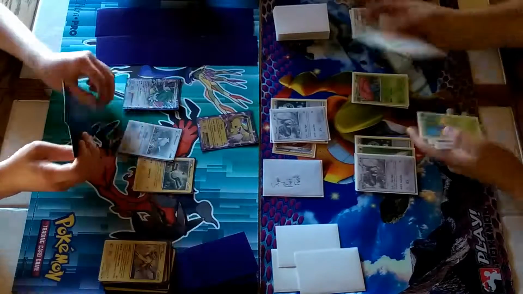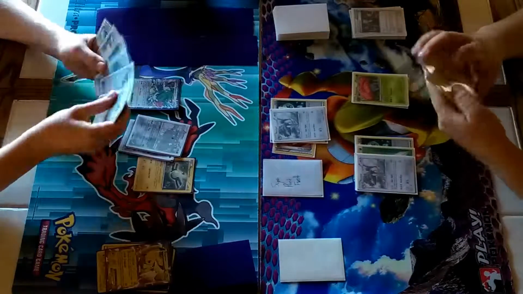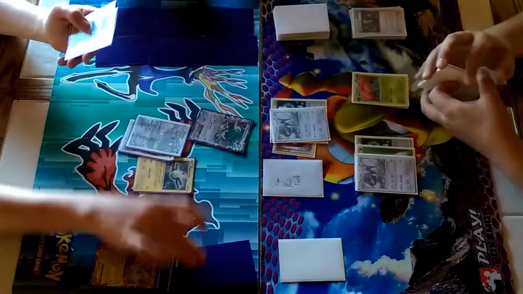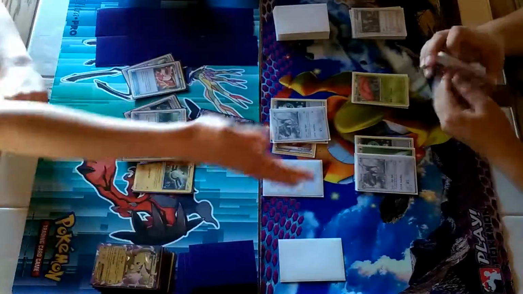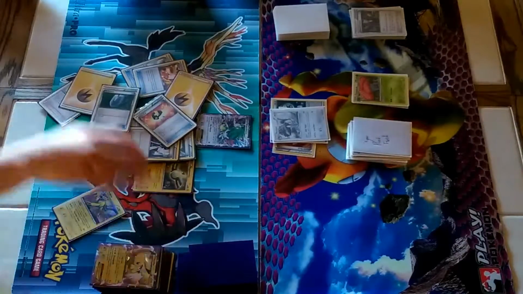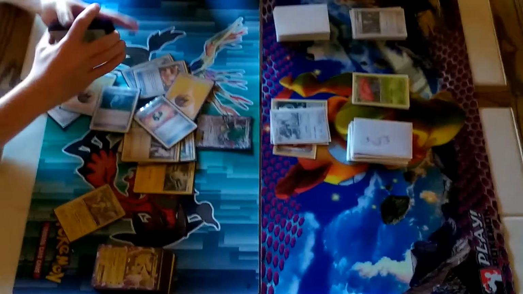It's pretty much over, and that's pretty much what happens with Vileplume. If you can get a Vileplume out, especially against a deck like this, there's nothing you can do against it. And that's going to be about it for this video. Just a couple of seconds here are going to be left showing I concede, and it's pretty much over. I'm just going to pass, and he's going to knock out a Shaman, and there's nothing I can do. So I'm just going to concede the game. That's going to be the end of this